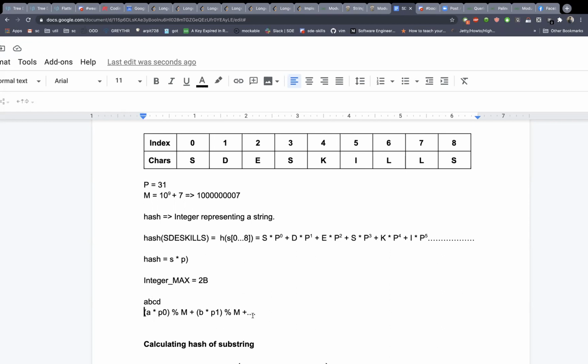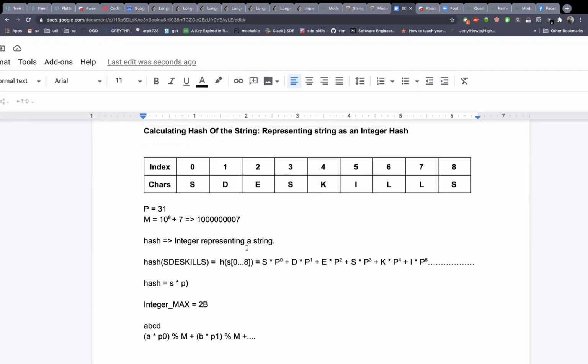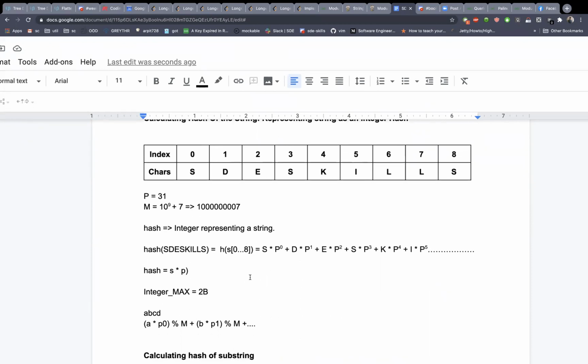So basically we calculate in the form of modulo, because we can't accommodate very large values into an integer. So we instead choose to take modulo while we calculate the hash. So that's one idea which we have seen here. Now the problem that we will try to solve is the needle and haystack problem.